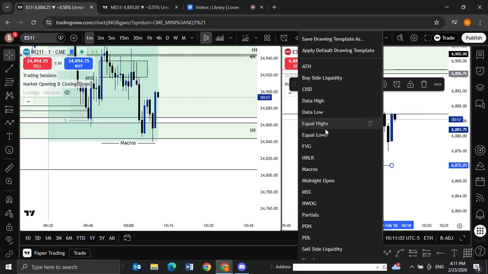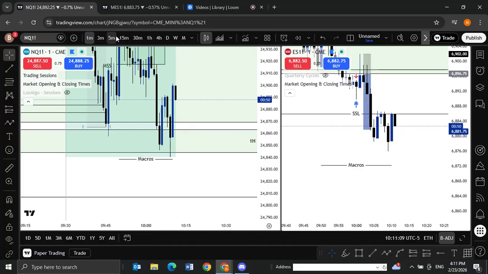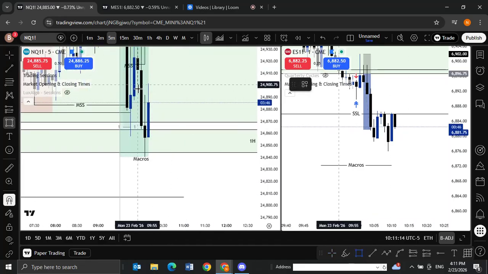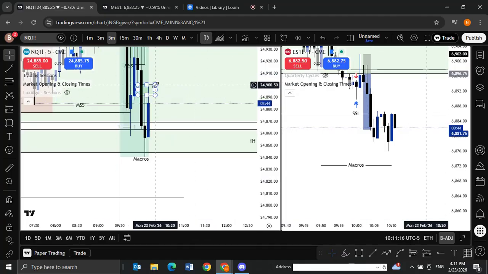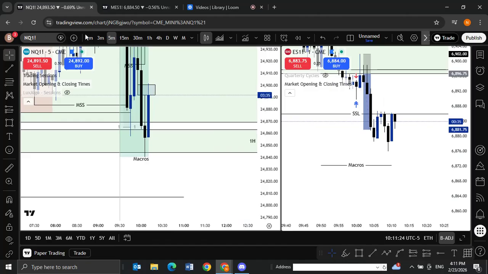Okay, nice. So here we go. I would say that's potentially my entry model. Maybe I will not even wait for this 5 minutes. Oh no, we have a nice reaction. Nice. So maybe if we can hold, if price can reject here in this 5 minutes value gap,